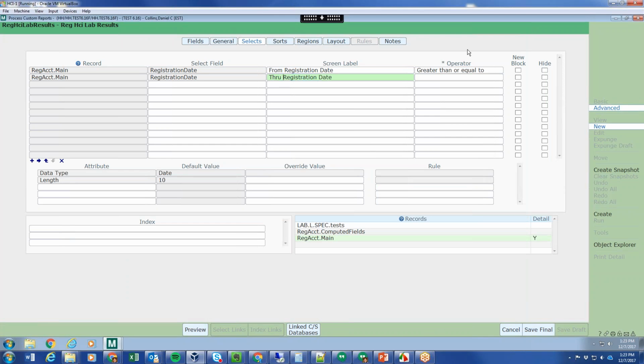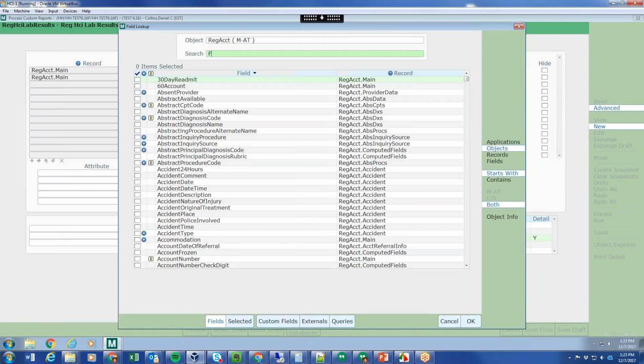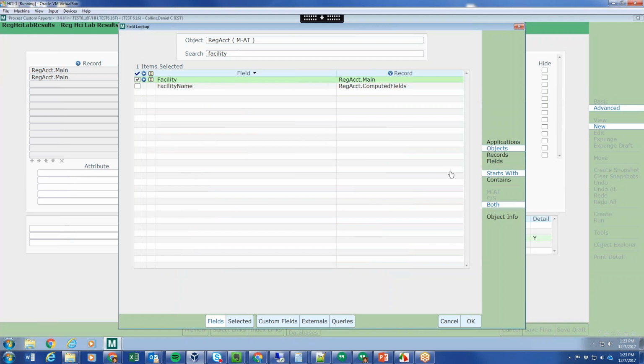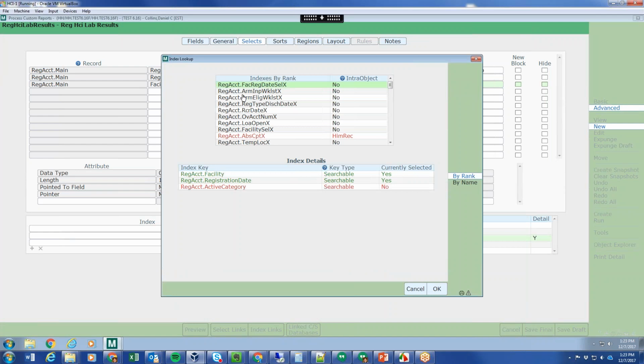Through registration date. And we also need to add facility. That'll just make the report run a little bit faster because facility is the first key in the index we'll be using. Facility equals, and we'll choose our,